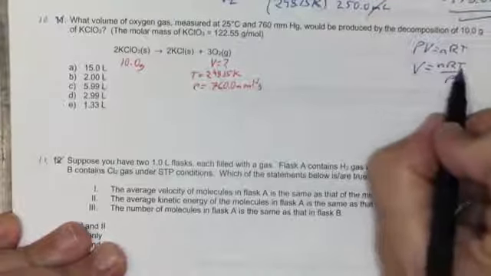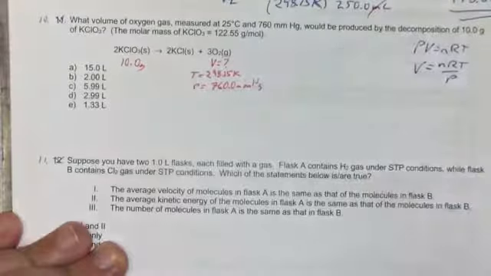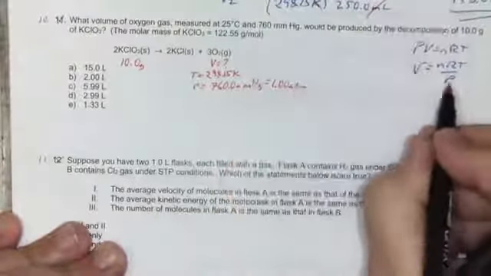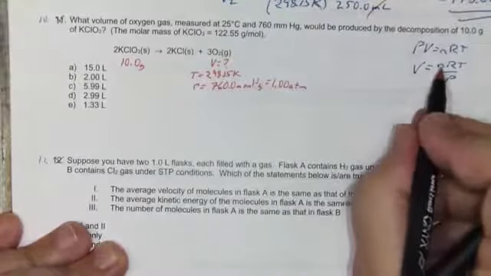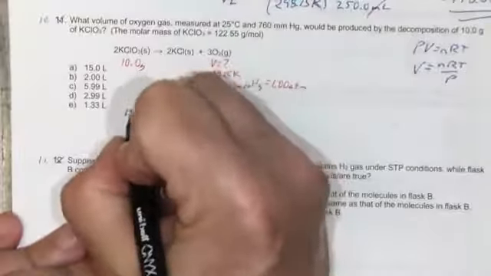Now, I know R, it's a constant. I know the temperature, it's 298.15. I know the pressure, it's 1 atmosphere. Let's just rewrite this as 1 atmosphere. So all I need to know is the number of moles of oxygen. Well, this is a stoichiometry problem. The number of moles of oxygen,